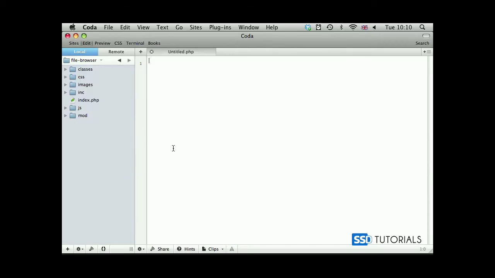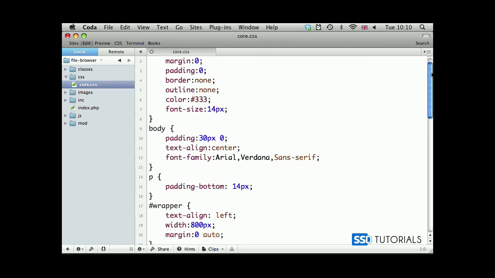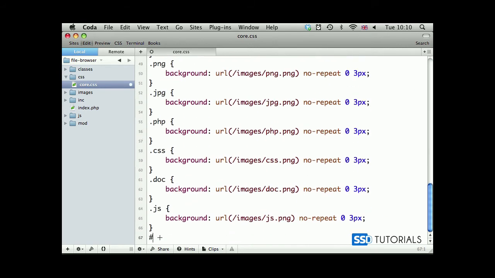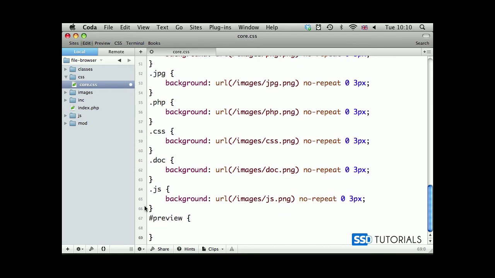Now we are going to have a look at creating this tooltip preview of the images, basically. So let's first do some changes to our core.css. I mean, additional definition for the new element, which will be called preview. And this one